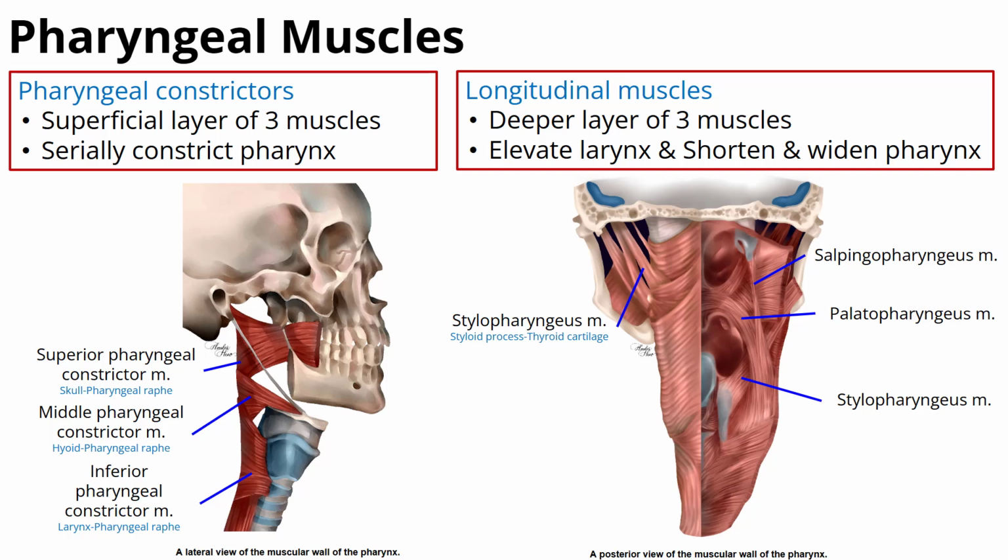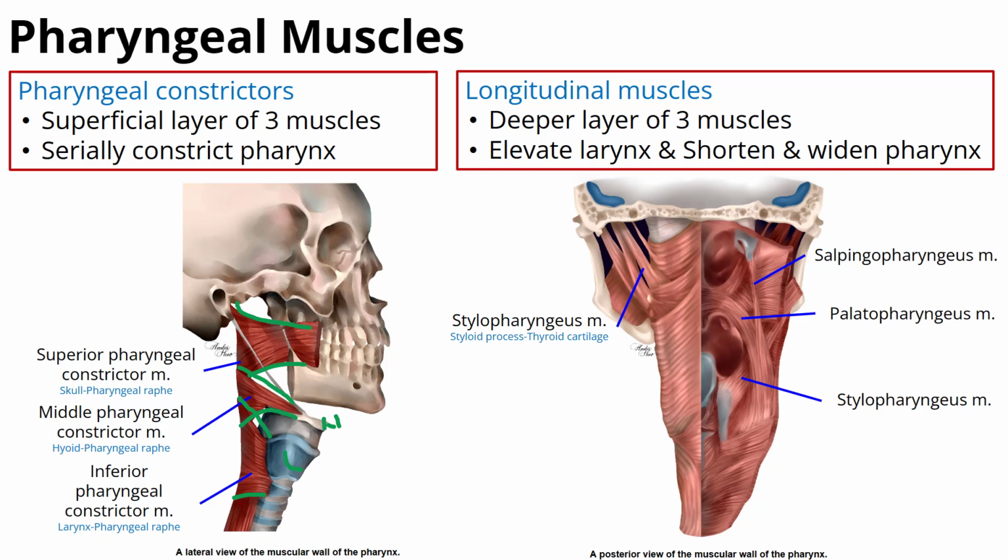Now, the walls of the pharynx consist of layers of muscle. We refer to these as pharyngeal muscles. There are two types of pharyngeal muscles. Pharyngeal constrictors, so there are three pairs of them. There's a superior that is associated with the skull, a middle, which is associated with the hyoid bone, and an inferior pharyngeal constrictor, which is associated with the larynx. These stack upon one after the other like nesting cups, and when they constrict, they serially constrict to push items